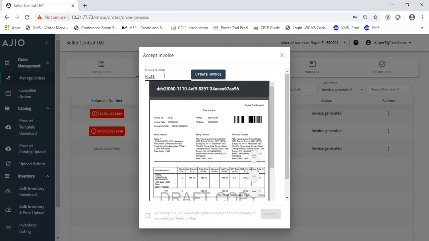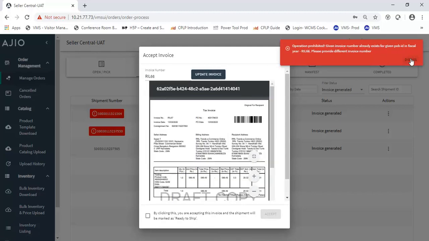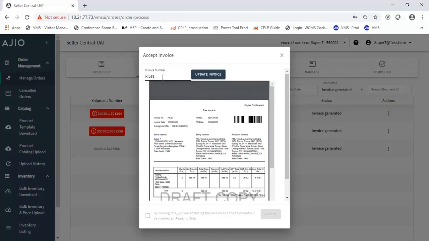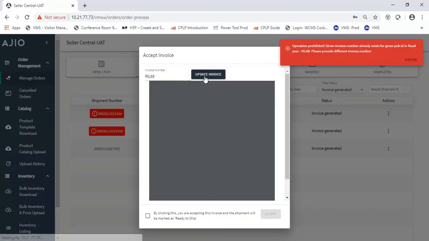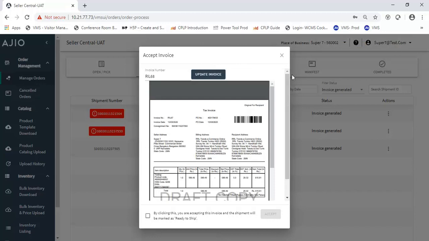This is because if I change the invoice number, you need to click on update invoice. If you can see, the invoice number here is still RIL 67.